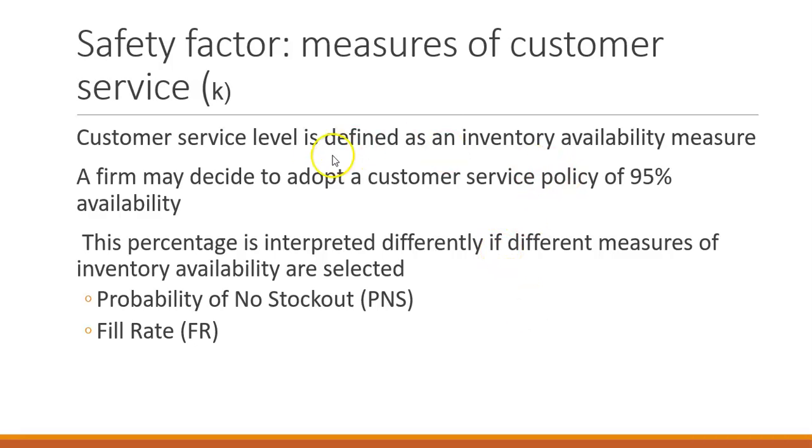Our customer service level is defined as an inventory availability measure. We may decide to adopt a customer service policy of 95% availability. So we want this probability of no stock out, so we're not going to run out, or we want to look at what our fill rate is per customer. Okay, and we're going to